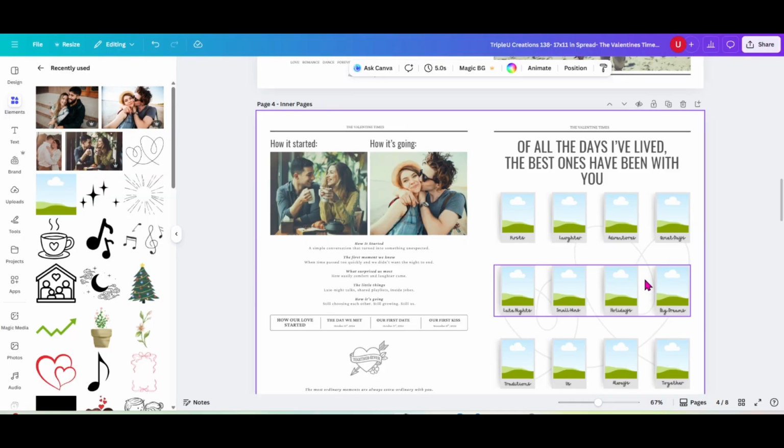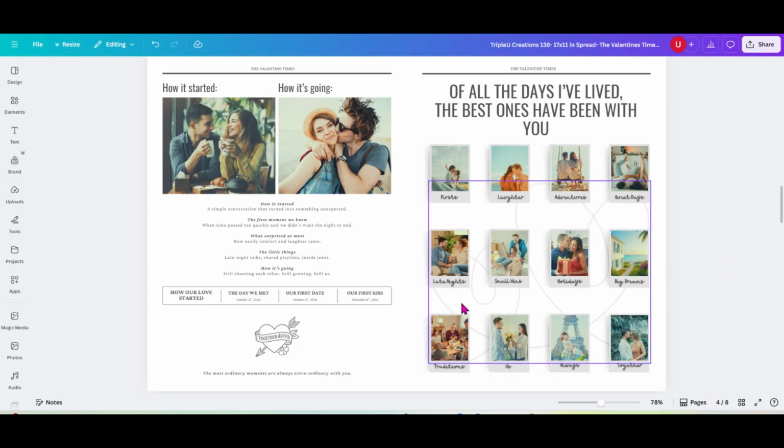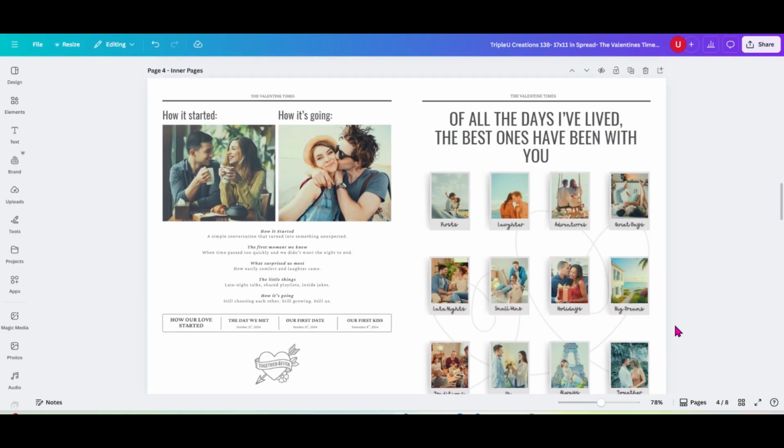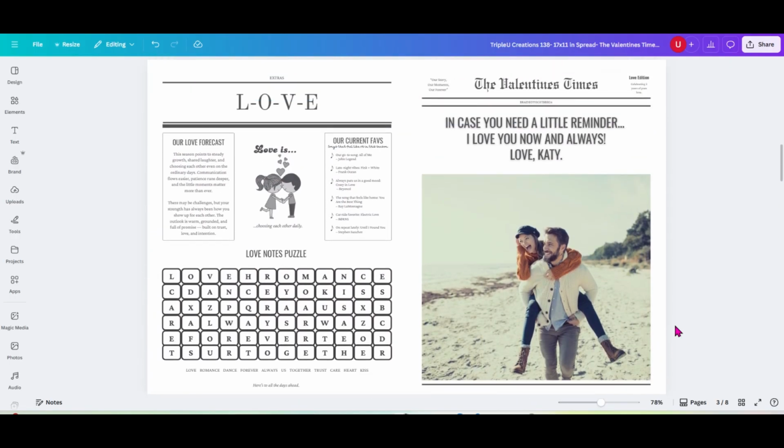newspaper for printing. Now the size that we do print double-sided is the 17 by 11 inch spread. So when you purchase our template, make sure that you customize that template size. It just makes the whole process easier. Once you customize it, send us the link. We'll be able to take it from there. Okay, so let me go ahead and pop pictures in here, and then I will be right back. Okay, I am back, and I have gone ahead and filled this in. Looking so cute, so happy with it. All right, now,